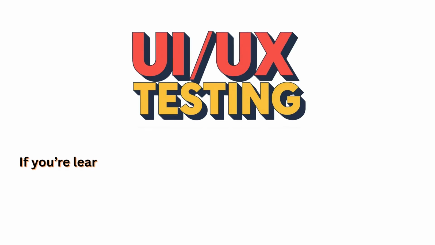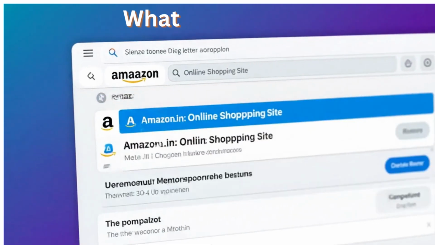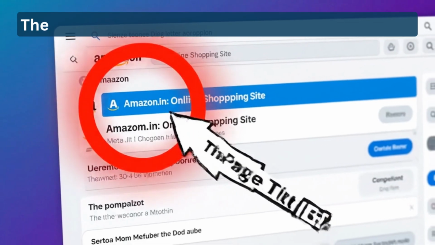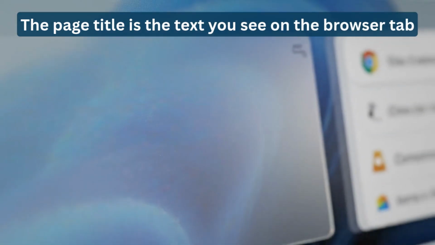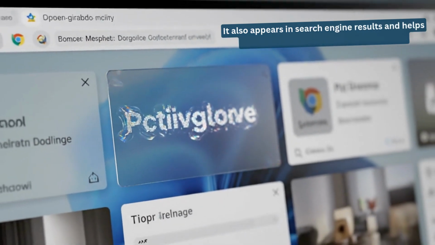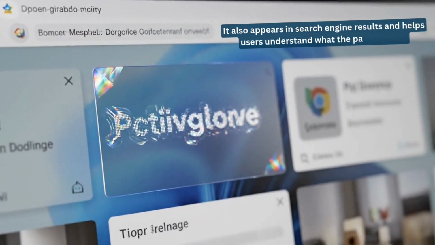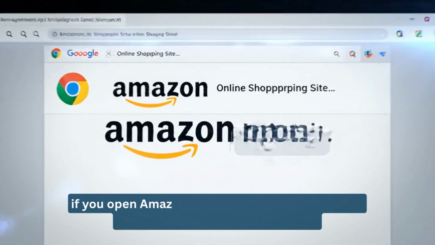If you're learning UI/UX testing or want to become a smart tester, this is something you should never ignore. What is a page title? The page title is the text you see on the browser tab. It also appears in search engine results and helps users understand what the page is about. For example, if you open Amazon, the tab shows something like